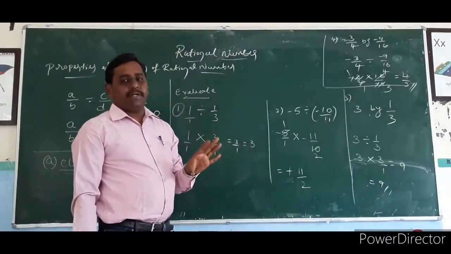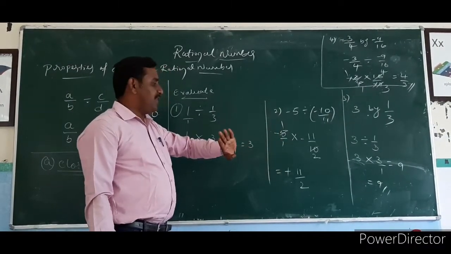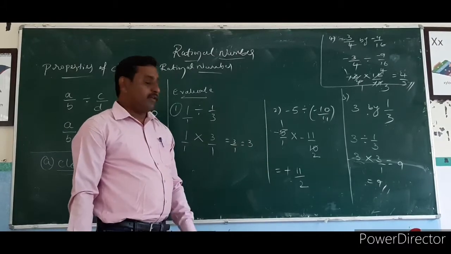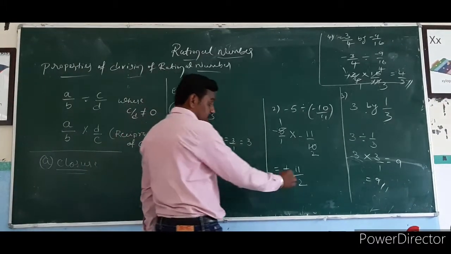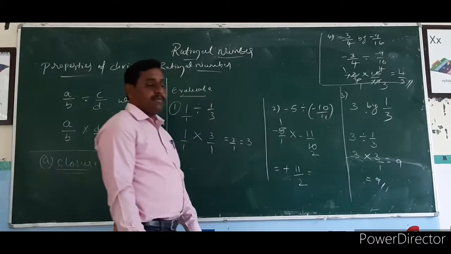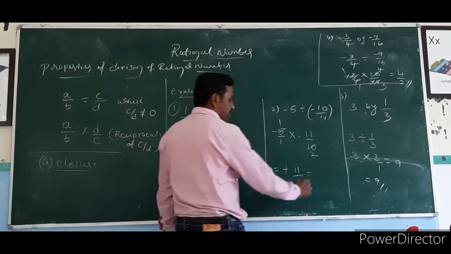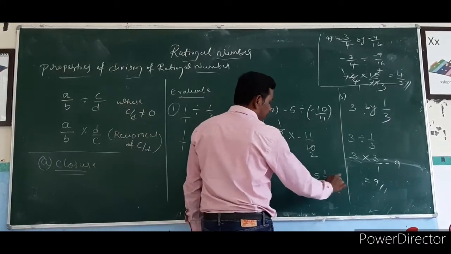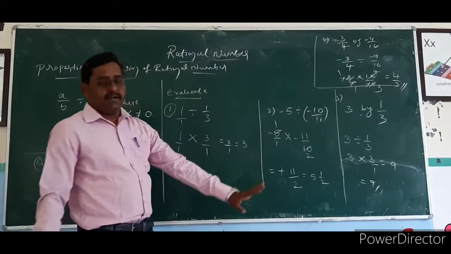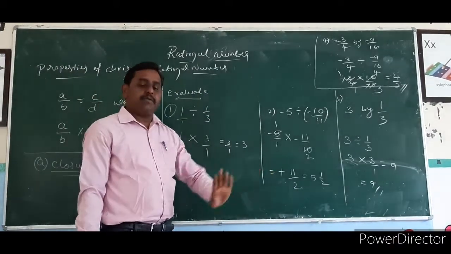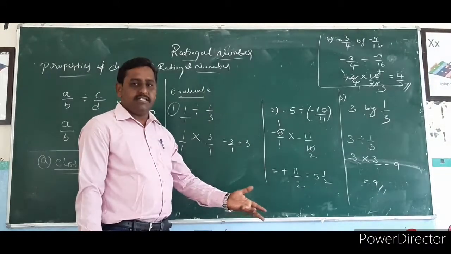Like this, we can easily convert the division symbol into multiplication, and take the reciprocal of the second rational number. If it simplifies, you can make the simplification, and finally you have to write the reducible answer. In case they are improper fractions, we can convert them into mixed fractions also. Suppose I am taking 11 by 2: 2 fives are 10, 10 plus 1, 11 by 2. You can easily convert an improper fraction into a proper, mixed fraction. This is your wish.